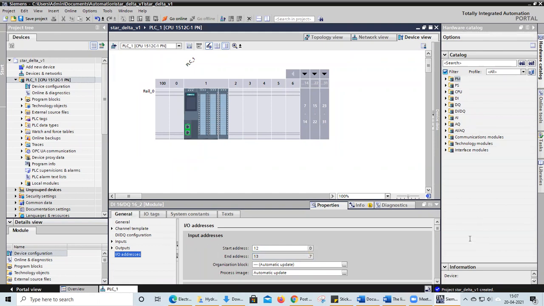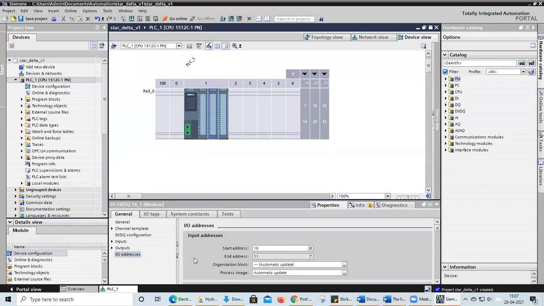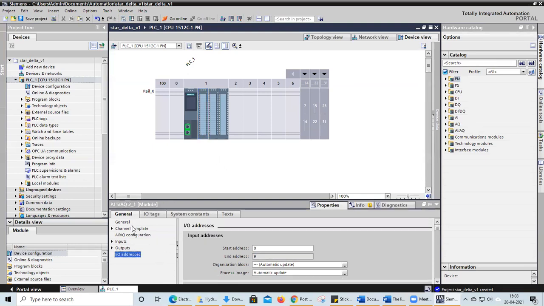This is our input address, and the output address starts from 6.0 to 7.7 for the last column. For the middle column, input addresses start from 10.0 to 11.7 and output addresses start from 4.0 to 5.7. And the first column is the analog module. It has 5 analog inputs and 2 analog outputs.